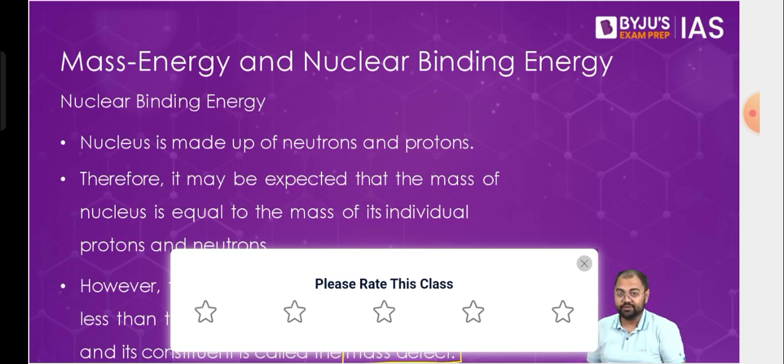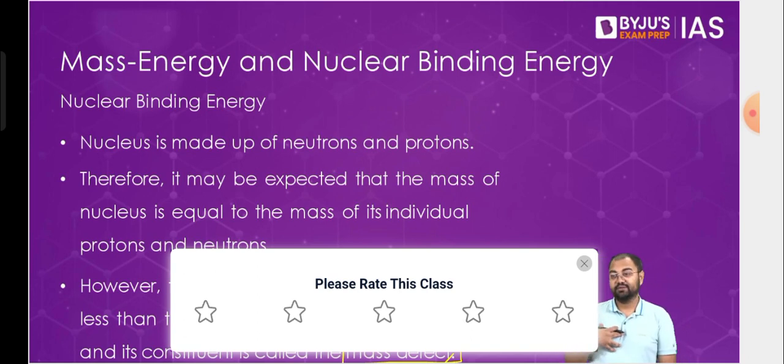Now, if it was 25 instead of 20, it was still manageable, because then it would mean there is something extra that we perhaps have not discovered yet, and hence we do not know where that extra mass is coming from. But the problem is that there is no extra mass. Instead, we are losing mass. So where is that 5 grams going? This is something the scientists could not understand for a very long time. They did not know what was happening, so they named it mass defect, meaning there is some kind of defect in the mass of this nucleus.